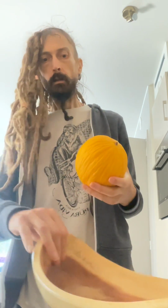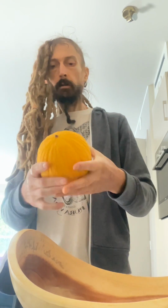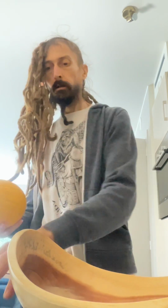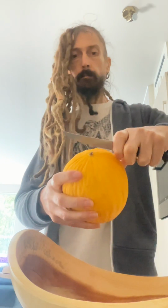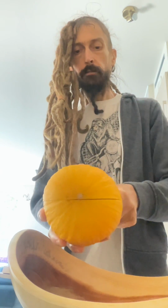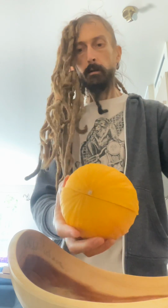Canary melon, yellow melon. It should be soft. See, it's a little bit soft, and that's okay. When they are a little bit brown on the peel, it's even better, but you see,